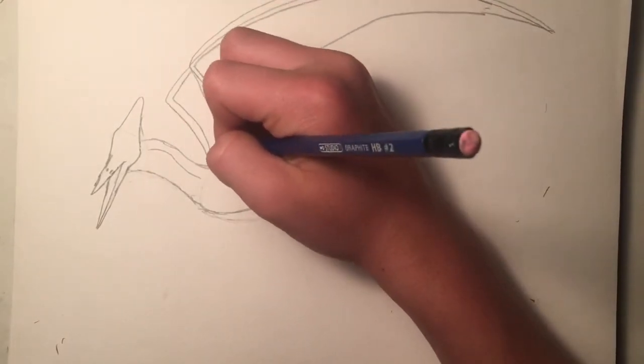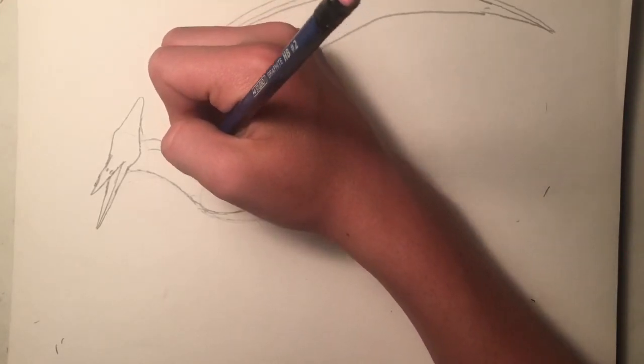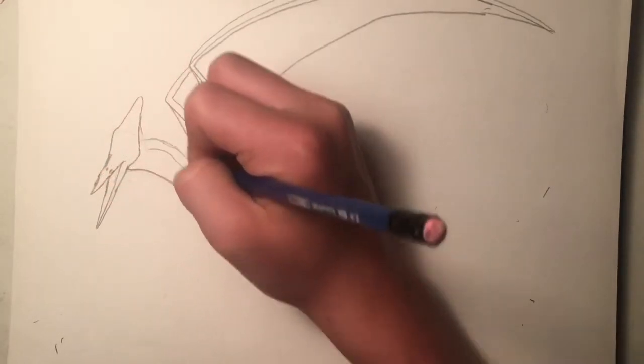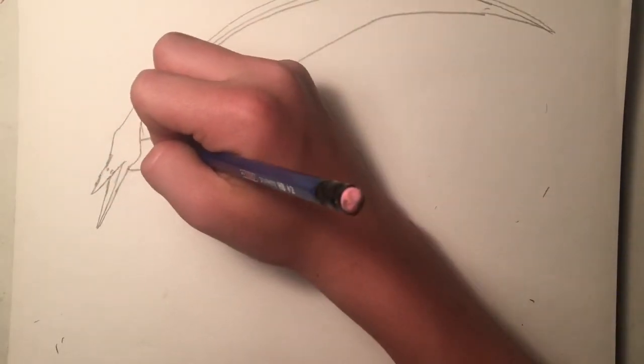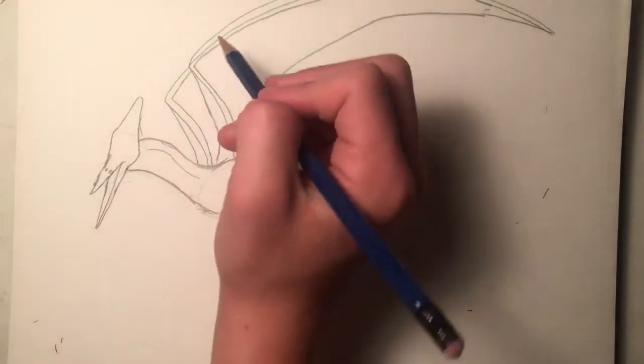Also, remember when we added a little piece of wing here? Let's do the same on this side. Let's not forget about that. Both wings need to be mirror images of each other. Okay, I said this is looking pretty good so far. Now let's add